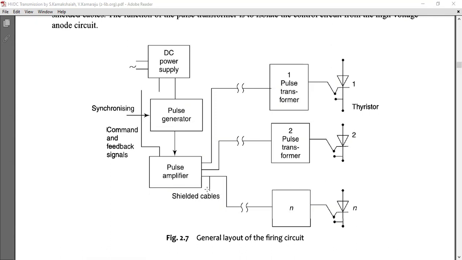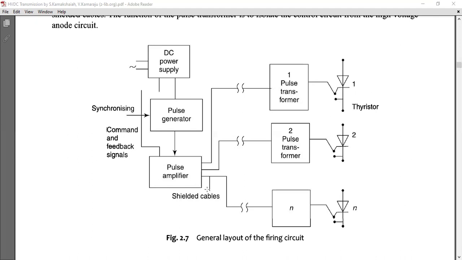Actually, this deals with only low power electronic circuits. No high powers are required. These can be dealt with low power electronic circuits. Here we have mostly 2 general functions of the gate control. First, it produces the voltage pulses to each SCR at the time we require. At any appropriate time, we have the possibility of producing voltage pulses.